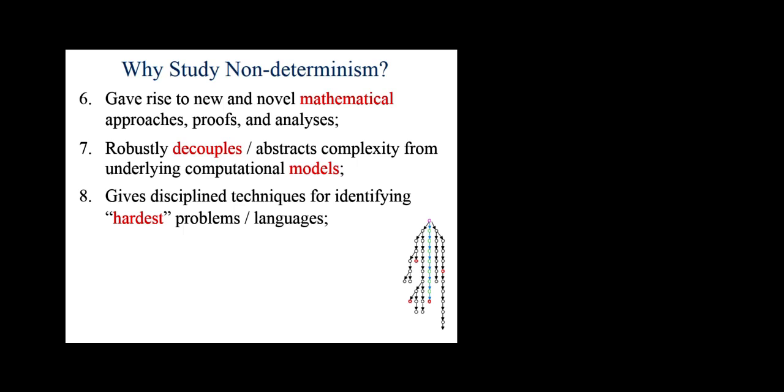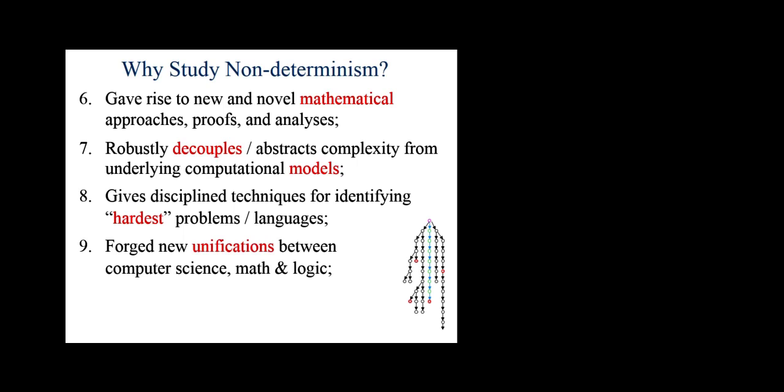These kind of theories arising from non-determinism studies tell you what are the hardest problems in this class. Very explicitly, you can actually prove that this problem is the hardest in the class. If you can solve that efficiently, everything else in that huge, infinite class of problems will also be solved efficiently, using a very straightforward transformation or reduction. We'll talk about that separately. That's a deep subject. A lot of interesting results there.